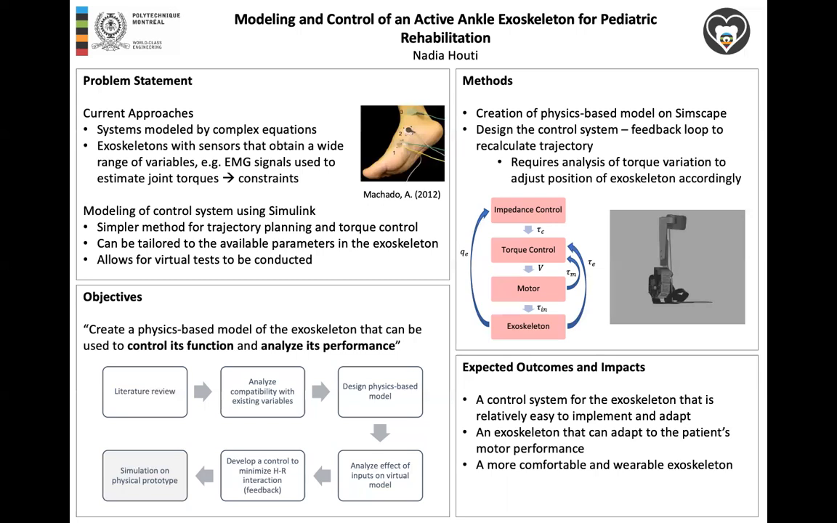In summary, this control system includes an impedance control model, a torque controller, the series elastic actuator dynamics, and the exoskeleton outputs. Inner loops would provide feedback to recalculate trajectory accordingly when human-exoskeleton interaction forces are excessive. Ideally, the exoskeleton would rotate about its only revolute joint in a manner that follows the reference trajectory as closely as possible. With this, we aim to develop a control system for the exoskeleton that is relatively easy to implement,